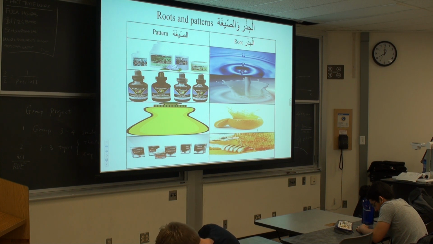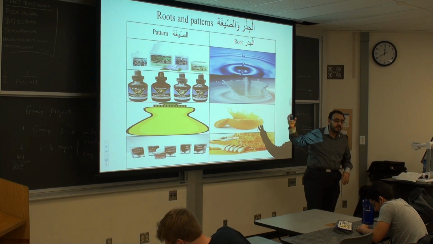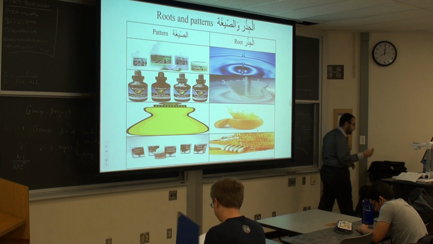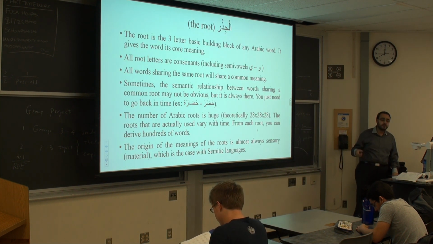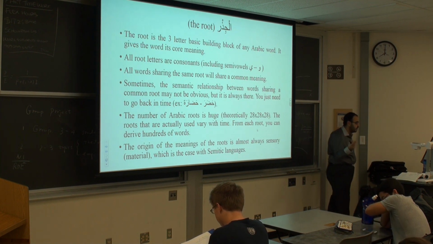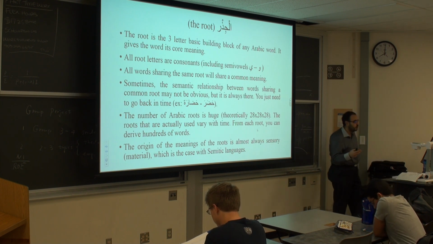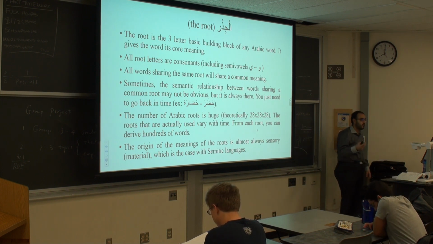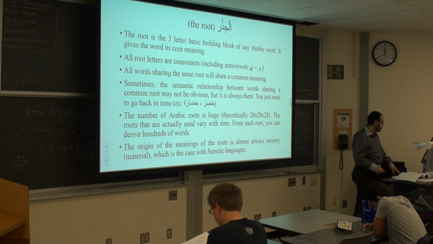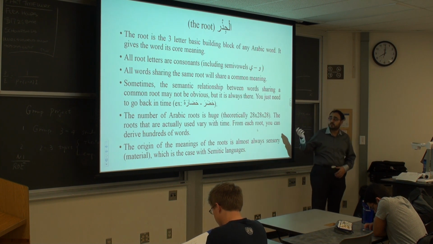We'll quickly review first our root and pattern that we did yesterday. Just remember, the root is like the liquid, the pattern gives it the external shape. The root is the three-letter basic building block of any Arabic word. All root letters are constant. All words sharing the same root will be sharing a common meaning, so the root is what gives the word its core meaning. Sometimes the semantic relationship between words sharing the same root may not be very obvious,